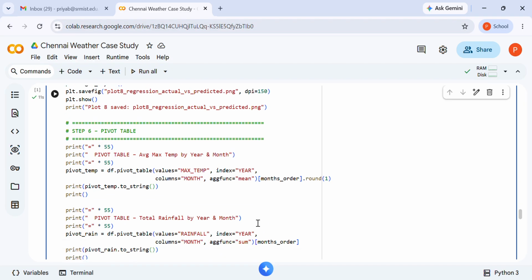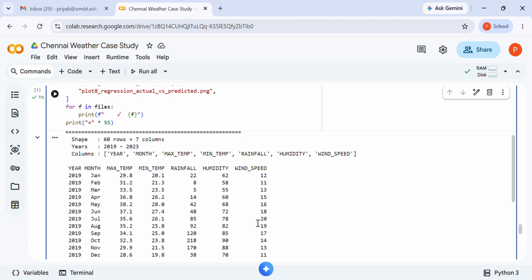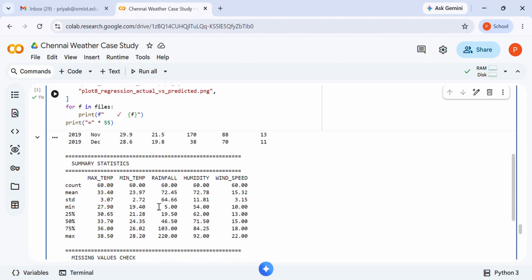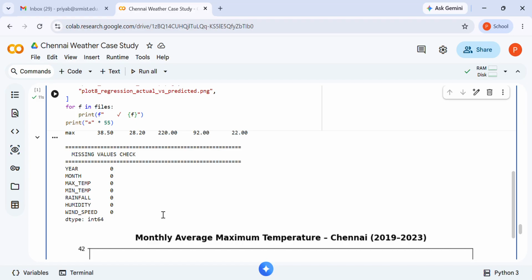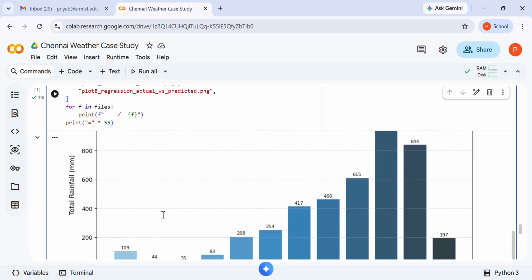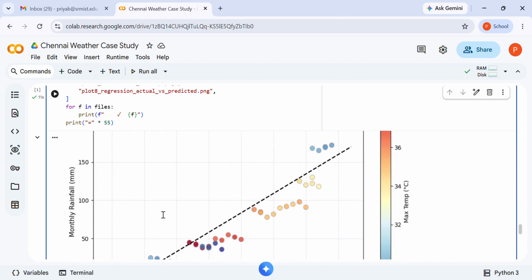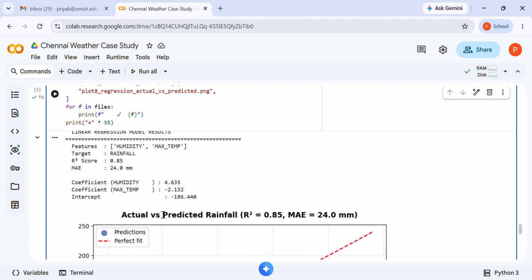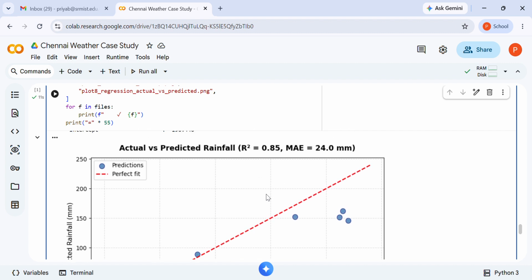And here you can see the output of all the data. Here you can see the dataset is loaded successfully, and then the summary statistics is shown for the 5 years, and then the missing value check is done. And here you can see the different plots: histogram, bar chart, box plot, scatter plot, and heat map, the correlation matrix, and the actual versus predicted rainfall using R-square score and